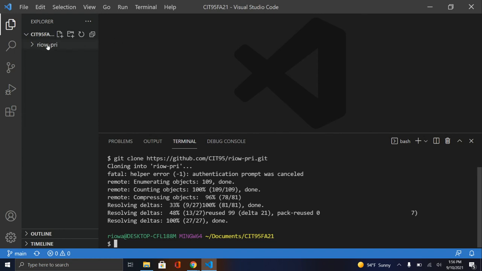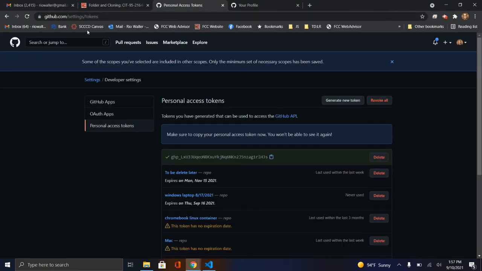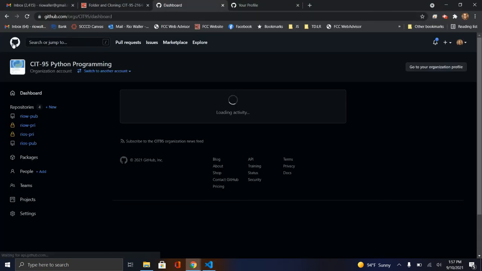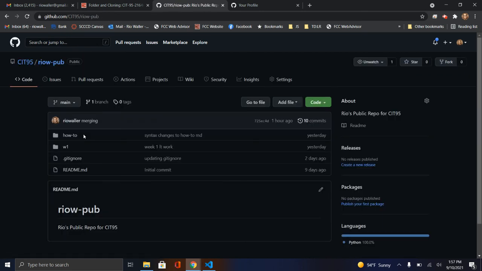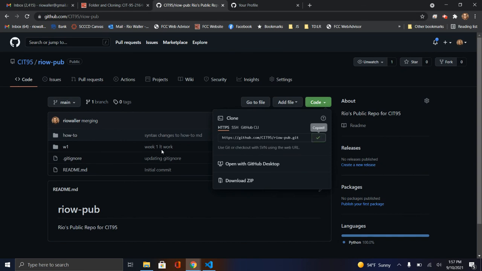Okay, so here we go. We've done it now, and now we're going to do it again. Now this time you probably won't get the same interface for the authentication, especially if you were able to successfully do the web token, and partly because the IDE in Windows probably saved that for you, right? So let's actually come over here. I'm going to come back to my 95, right? My 95 organization. Now I'm going to go to my public. Now the public repo is the one you're going to end up using here in a minute, okay? For your learn together. I'm going to copy this,